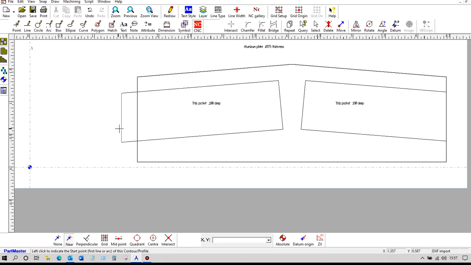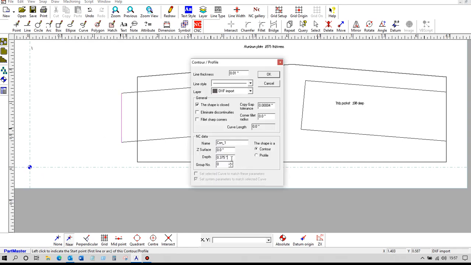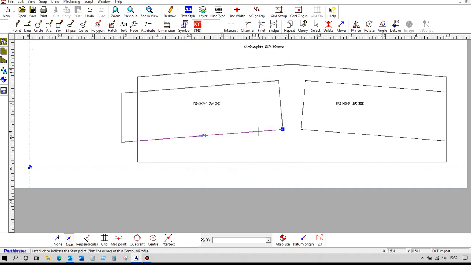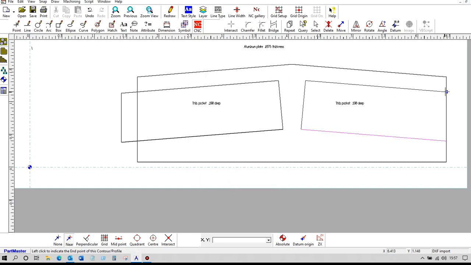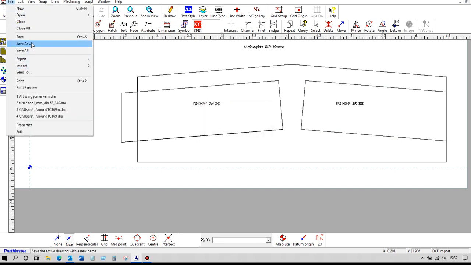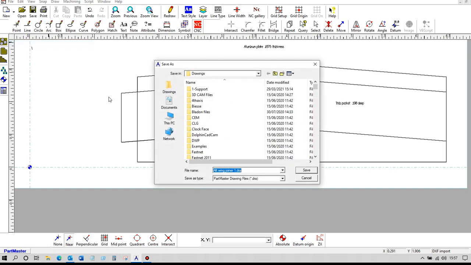Now we'll do the same thing on this contour here, make it a different depth. Okay, so that's created that. Now what we'll do is we'll create a contour which is an open contour here. So if I start from there, I uncheck this box, and when I do that I need to tell it the end point of the contour. So that's created an open contour. So if we then file and save this file away,